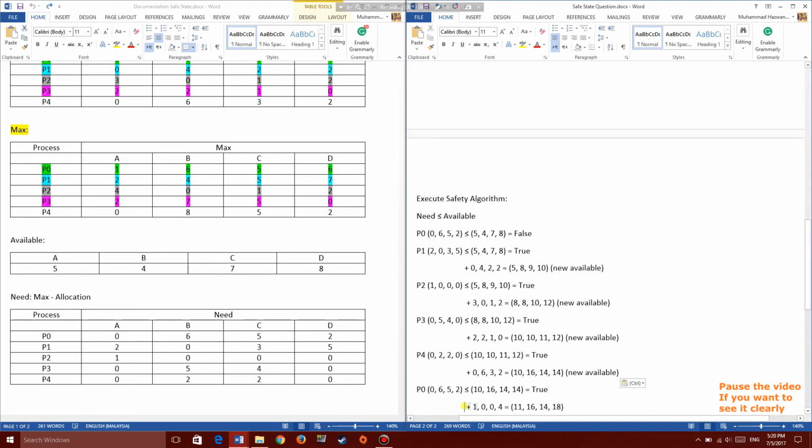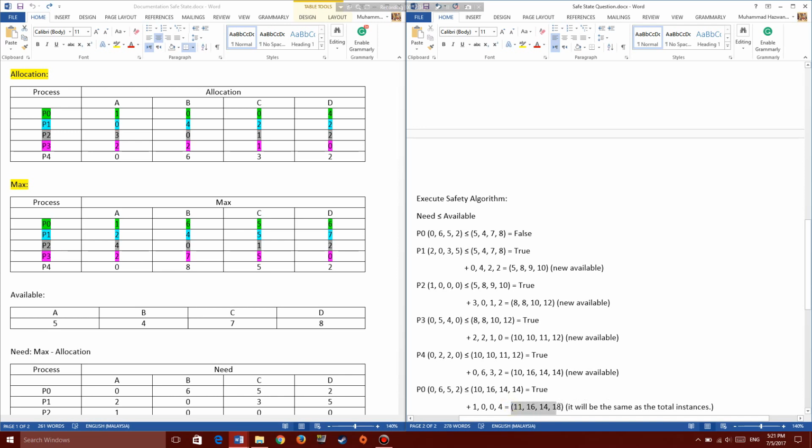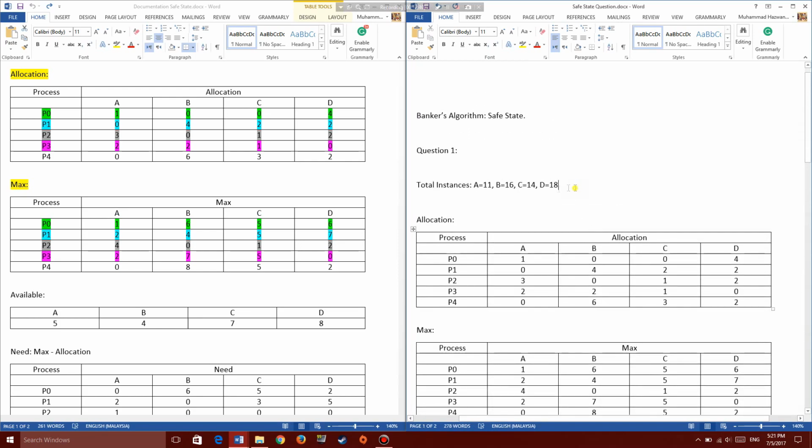The answer will be true. And the same process for adding the calculation for P0 will be the new available. You will get the same answer as your total resources instances. As you can see here clearly,